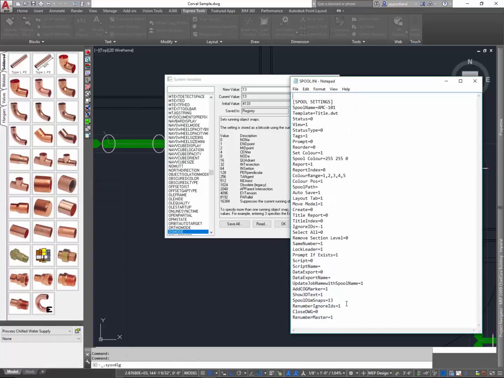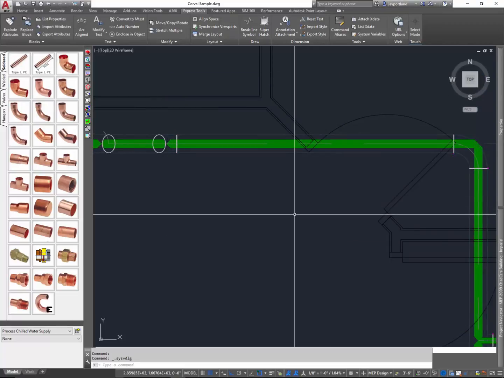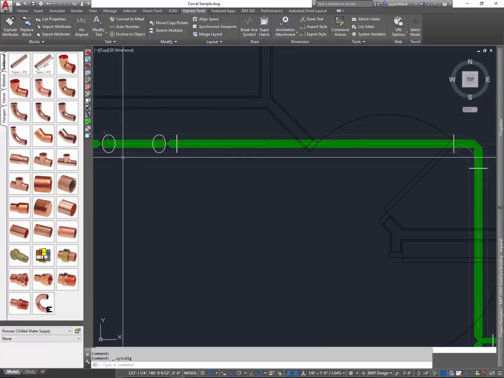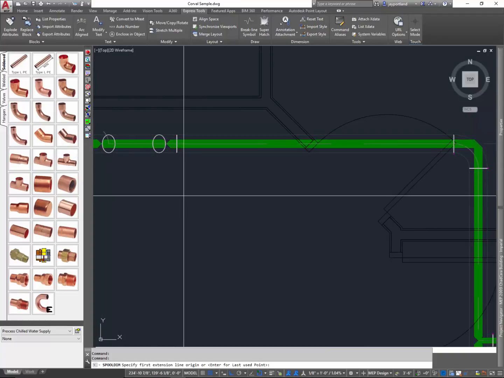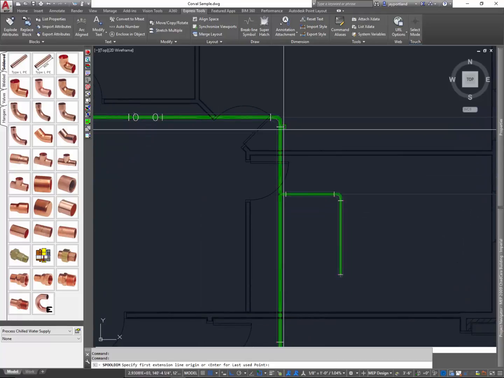And once I opened it up, I think it was set to 8 before, or something like 11 maybe. And so I had to make a change, obviously, to get that to be where it was, to 13. All right, so now that I have that, here's what happens, and here's the overall effect of doing what I did here. So I'll go ahead and SpoolDim,